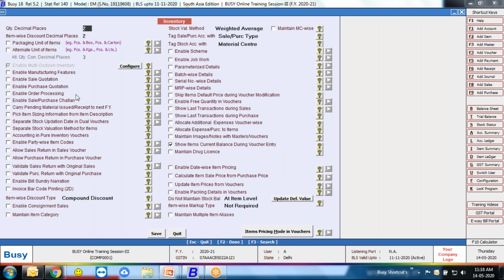On the left side panel, there is an option, enable manufacturing features. You have to enable manufacturing features first, then save it,